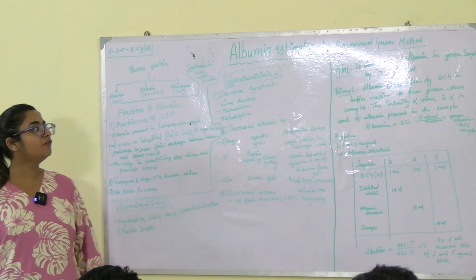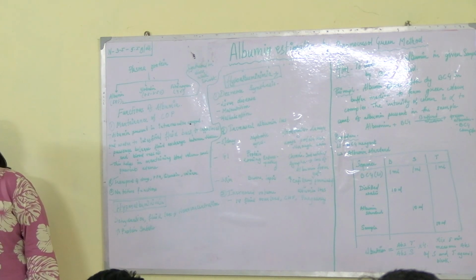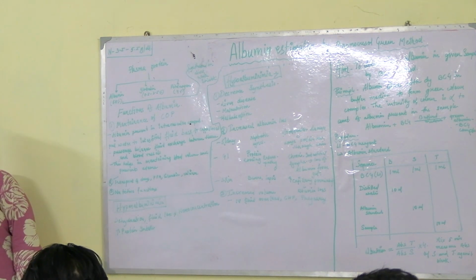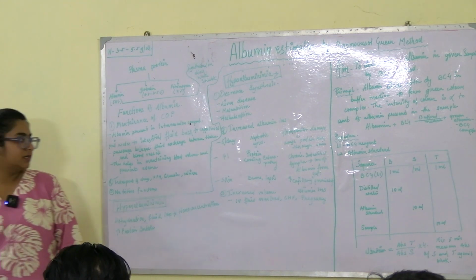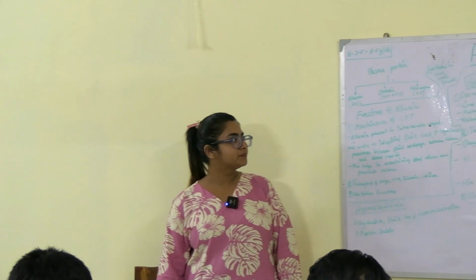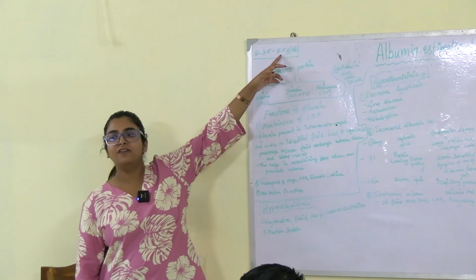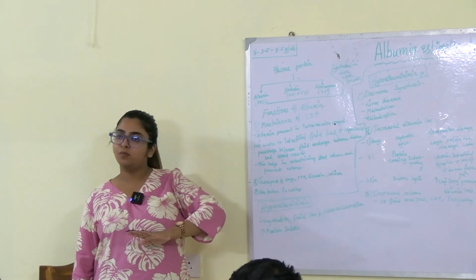How many of you have an idea of what albumin does in our body? What role does albumin actually play in our body? Yes, it balances the osmotic pressure, the capillary osmotic pressure. Now the normal value of serum albumin is 3.5 to 5.5 gram per dl. When we have less than that, then it is a problem.